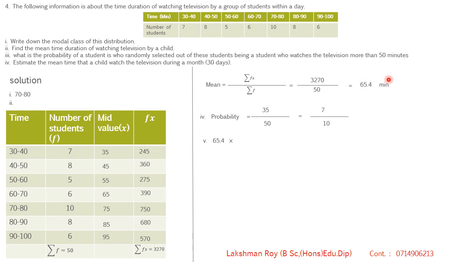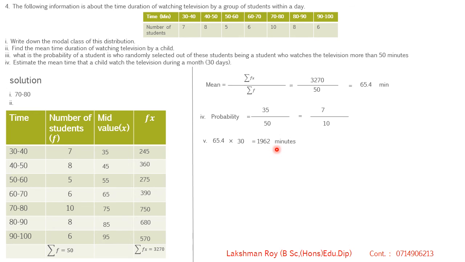So within a day means this mean time should be multiplied by 30 for a month. You have to multiply the decimal number by 30. You can do that ignoring the decimal, ignoring the 0, multiply, and then place the decimal point, and you get the value of